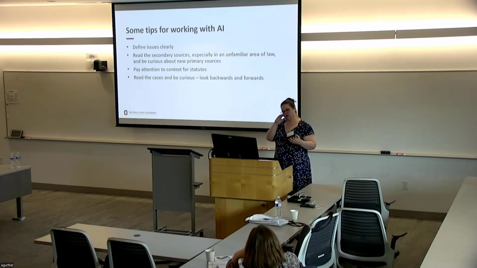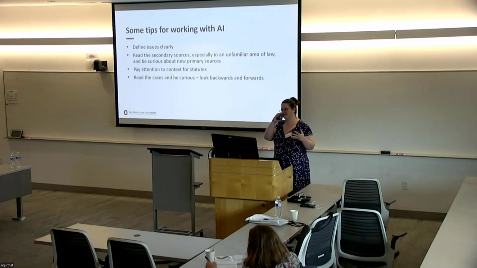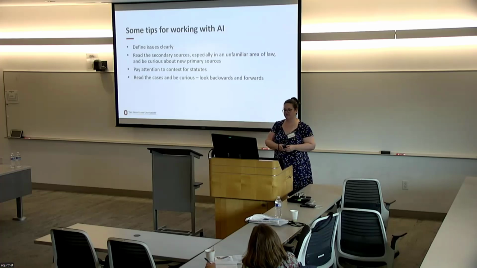If you can get to a secondary source, still read that secondary source. I don't think secondary sources are done. I have heard vendors try to say that maybe in the future we won't need secondary sources anymore because we can just create them ad hoc using AI. But the problem with that is, if I have an issue, I'm much more likely to get a good answer if a secondary source already exists on it, because they're pulling from that secondary source. So if they're giving you that, might as well go read it, use your context navigation to look around in the chapter, and see if there's anything else that is relevant.